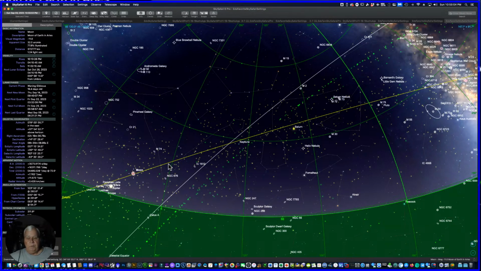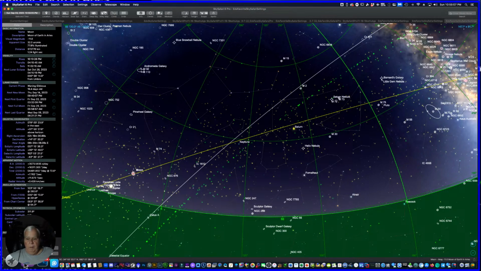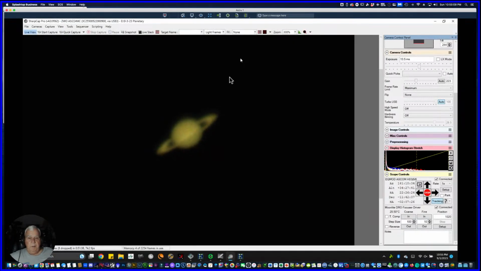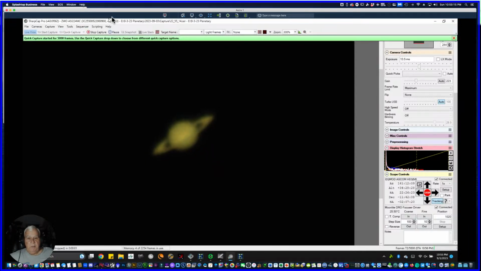They have filters to do that. So let's head back to Saturn. I'll take a quick capture of about 5,000 frames while I'm waiting for the moon to climb. And the reason why I want the moon to climb high enough for me to get a look at it is